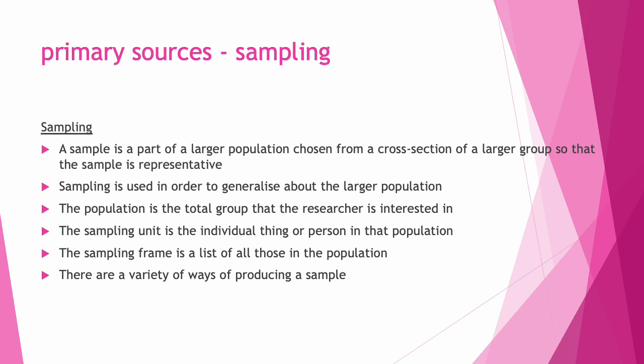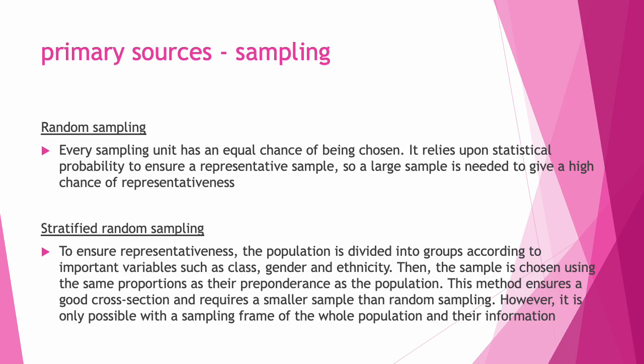There are a variety of ways of producing a sample. In random sampling, every sampling unit has an equal chance of being chosen. It relies upon statistical probability to ensure a representative sample, so a large sample is needed to give a high chance of representativeness. In stratified random sampling, to ensure representativeness, the population is divided into groups according to important variables